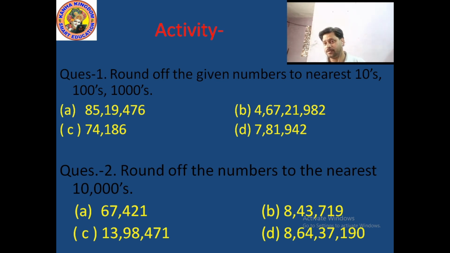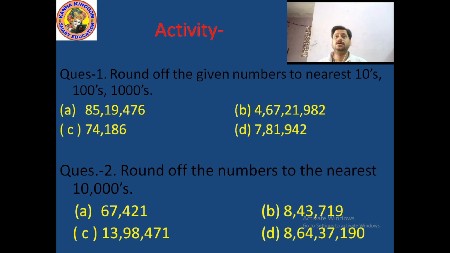8,43,79. I will give a little hint. The little hint is how you find the 1000 place in nearest 10,000. Yes, after the first comma there are 2 periods, and the second period is the 1000 period, and in the 1000 period there are two place values, the 1000 place value and the 10,000 place value. So it is very easy to find how to solve nearest 10,000 for this question.